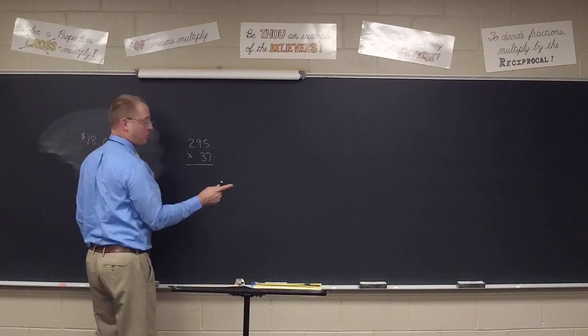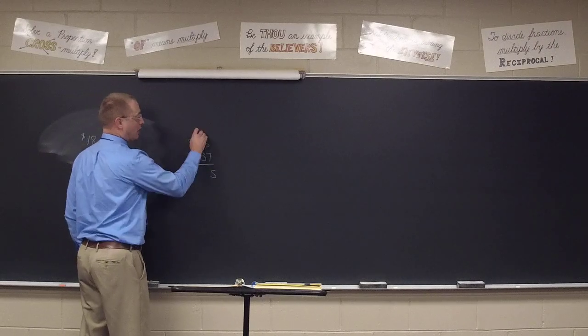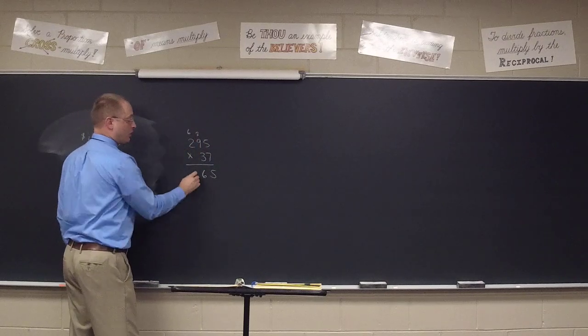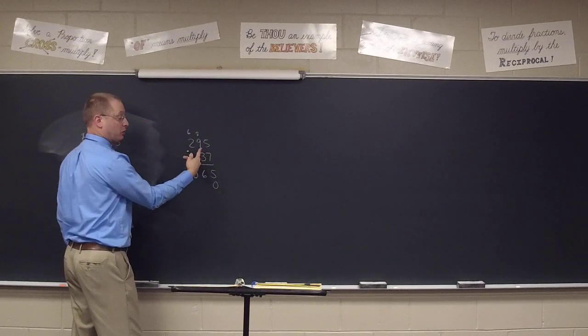So we've got to actually work it out. Class, do it with me really quick. 7 times 5, 35. Carry the 3. 7 times 9 plus 3, 66. Carry the 6. 7 times 2 plus 6, 20. Don't forget the 0 to shift over because it's really a 30, but we're going to treat it